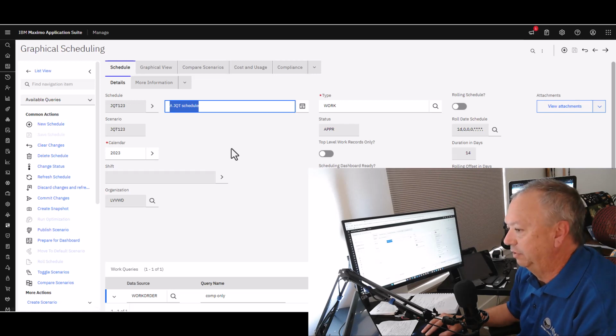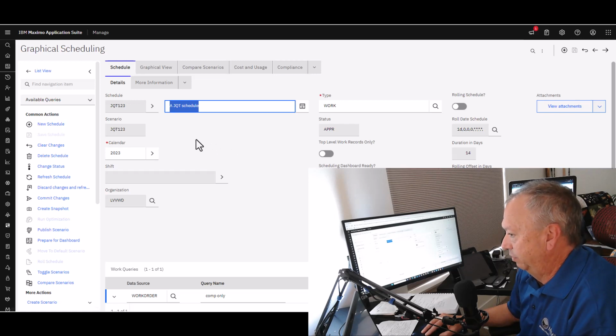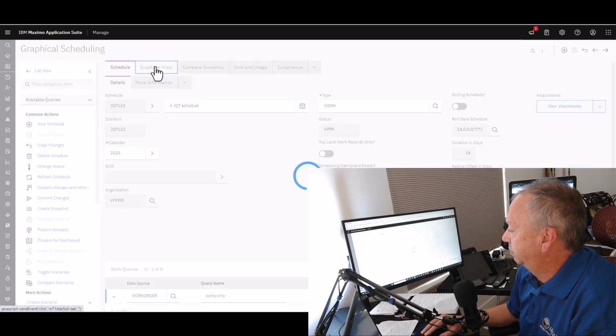So how about giving them some information about whether or not the assets or locations that they are intending to do work with are actually available? They have no idea what the operational schedules are for different assets, and perhaps the maintenance windows that would be preferred. So if I'm working my schedule here, open up the graphical view and give it a moment to render,